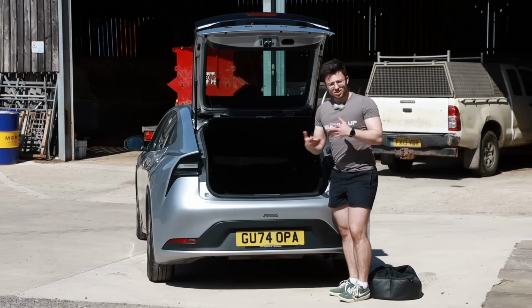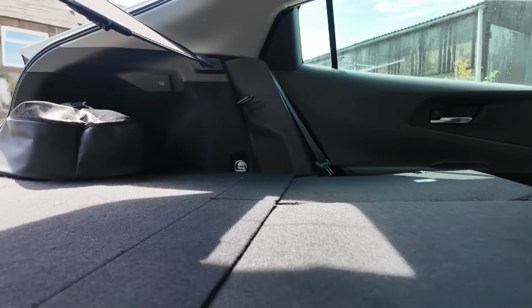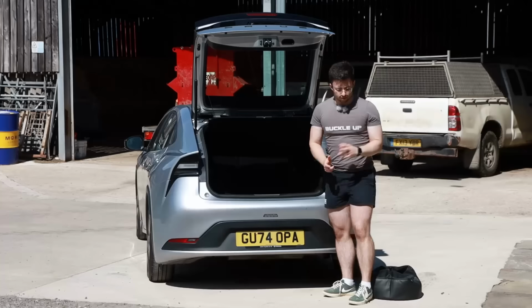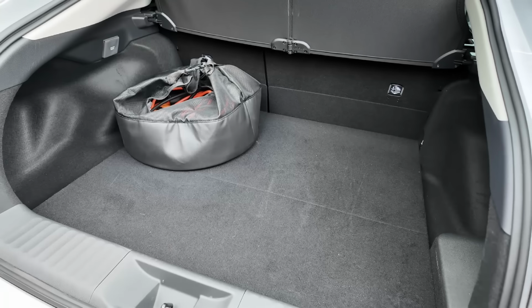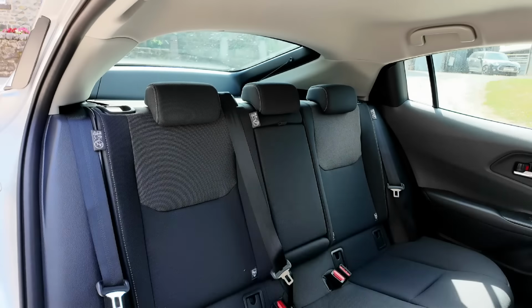The rear seats fold in a 60/40 configuration, and when they fold down, you've got flaps that keep your boot floor nice and continuous. So elements of this have been really well thought out and very well designed, but just not quite everything. Hopping into the back of the Prius, it is kind of similar to the previous generation in